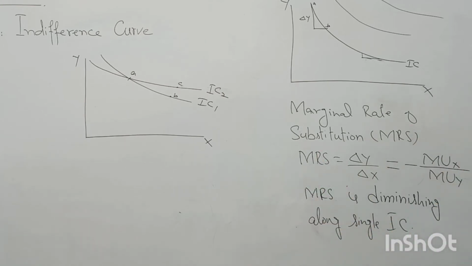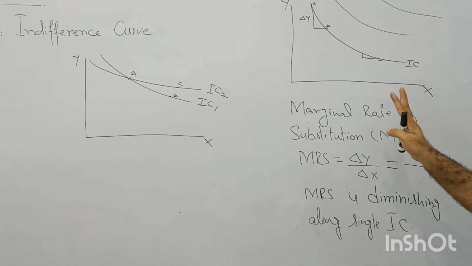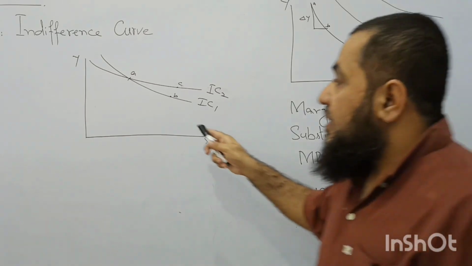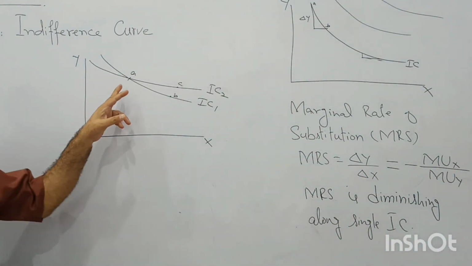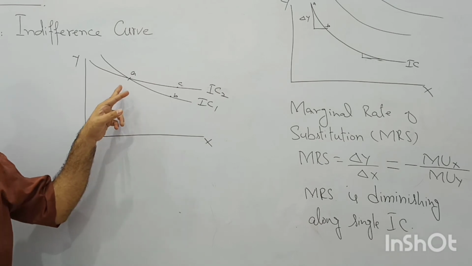For that reason, we will be needing the budget line, which we will study tomorrow, inshallah. Consumption per real, higher level. Yes, exactly. Alright, this is clear now? Yes, with crossing. Two indifference curves do not cross with each other. What does it mean? If we